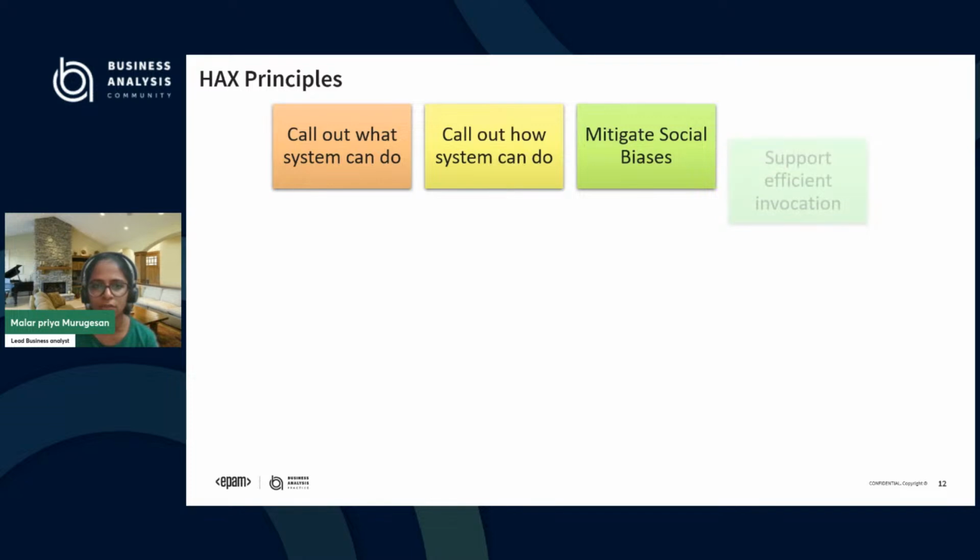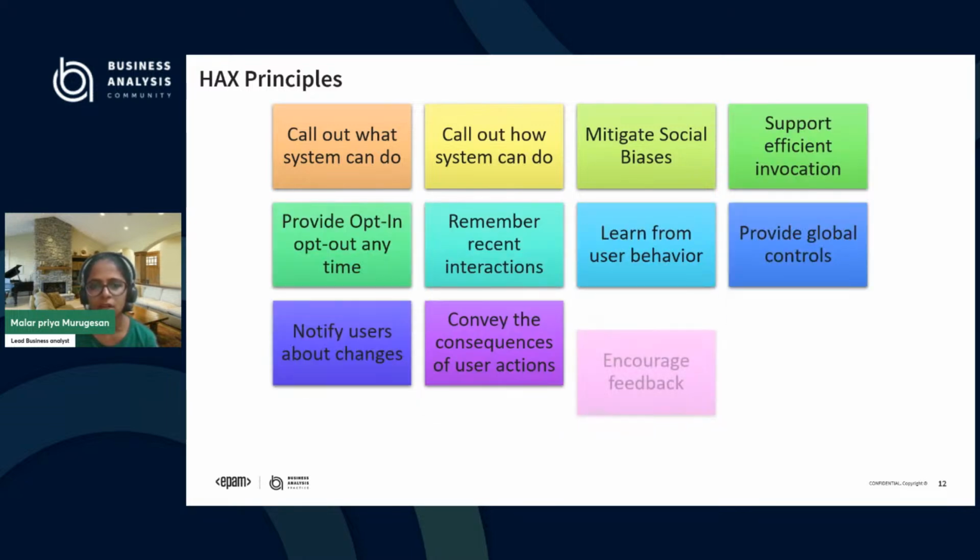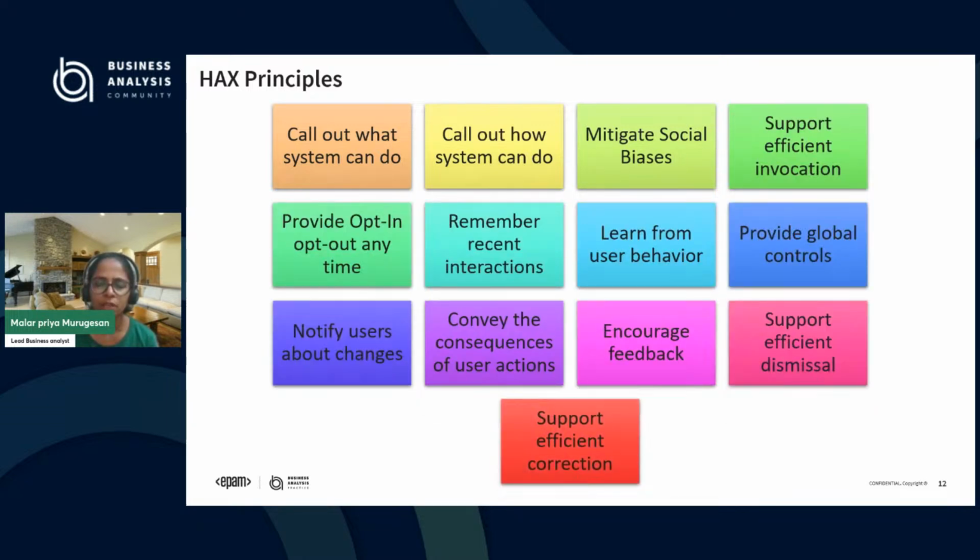So these are again a few HAX principles, which apply whenever you are designing a UI for this AI feature, even your backend as well, but coming to the AI UI, we need to call out what the system can do and what it cannot do.